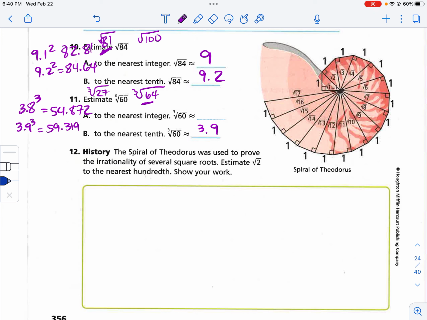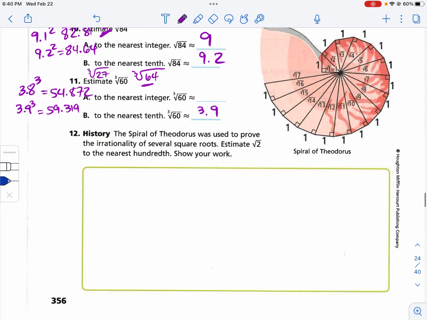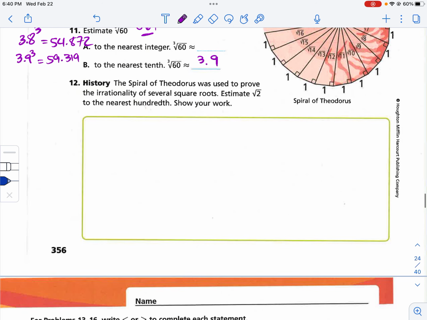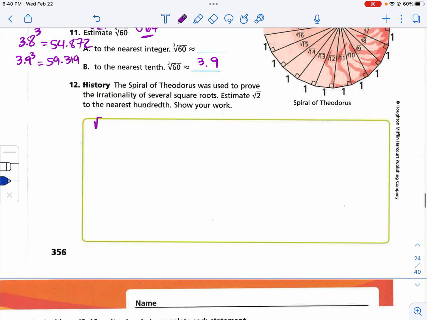The spiral of Theodorus was used to prove the irrationality of several square roots. Estimate the square root of 2 to the nearest hundredth. So the square root of 2 is in between these. It is only 1 away here. It is 2 away here. So we have